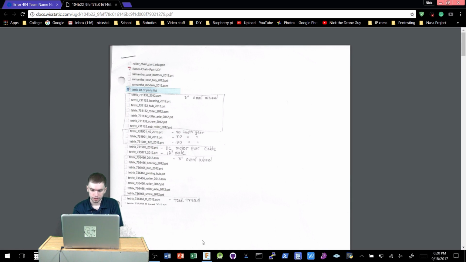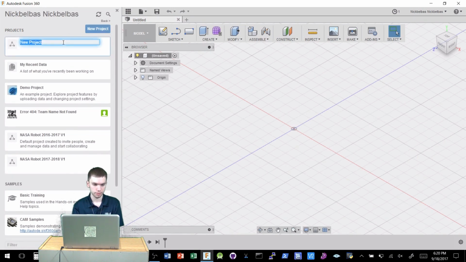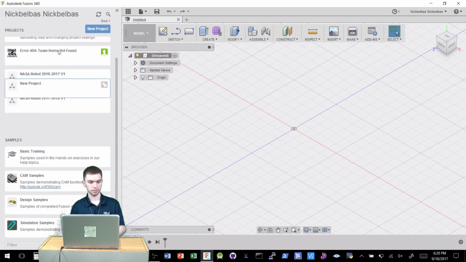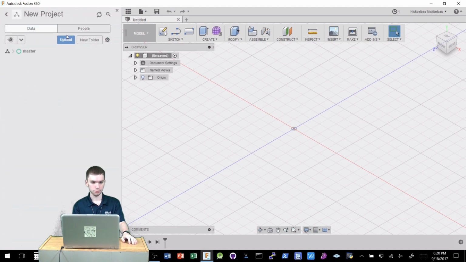Alright. So, for this example, I'm going to make a new project that I'll just label new project for now. Once it's done loading, there we go. Go into it, and you will click